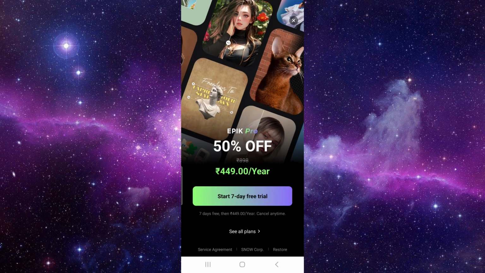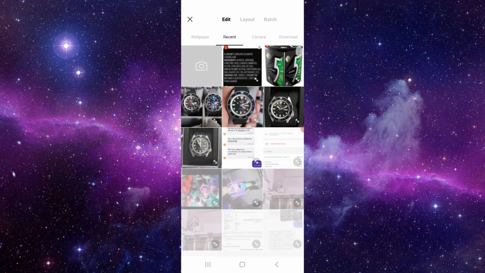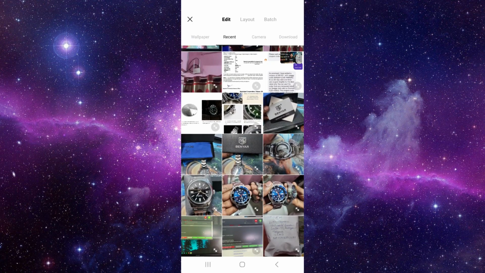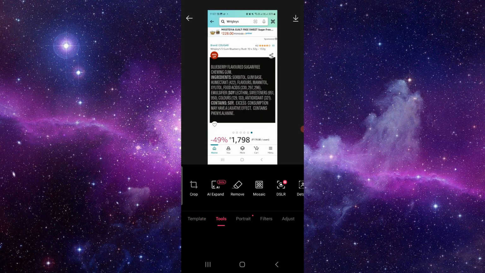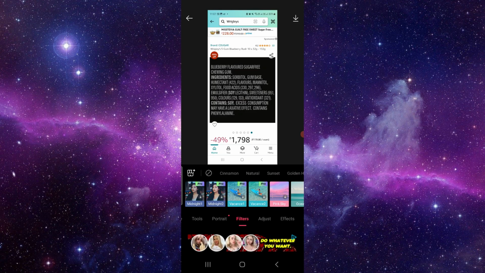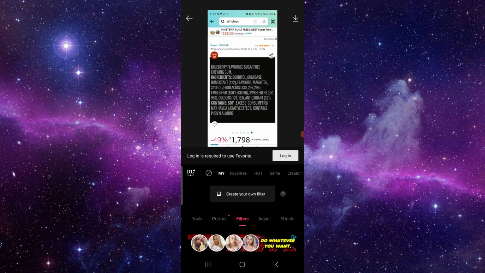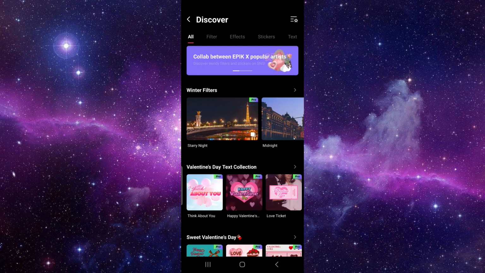Here you can just click on start editing, and from here, let me show you the Christmas filter. For example, I want to add it to this. Okay, I will just go there, and from here I will look for the filters. So you can see the filters, you can see the creators, and from here you can see many filters. You can see here as your shop, click on here and just click on all, and from here